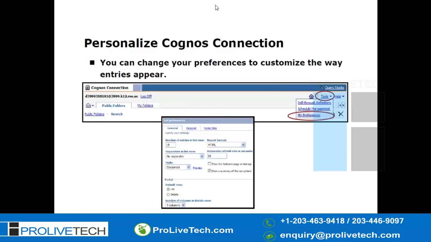This is the personalized Cognos connection. You can change your preferences to customize the way entries appear. By default in the public folders, it will show 15 reports.